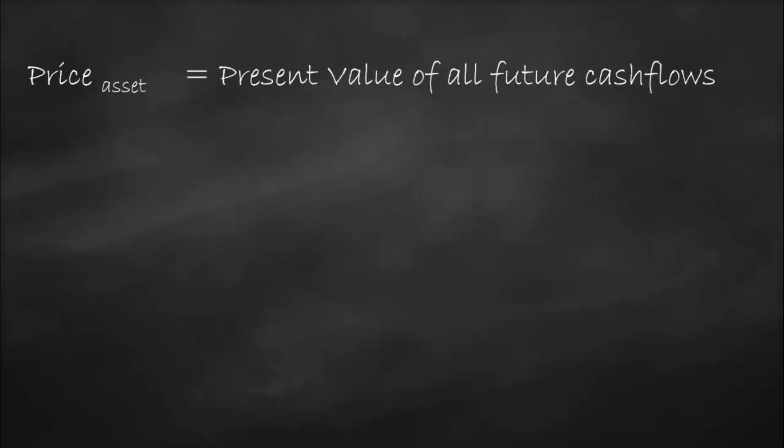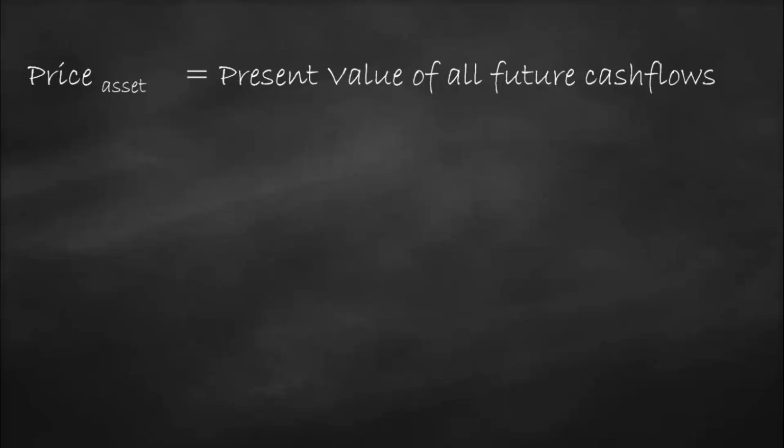What will be the price of any asset? This asset could be a company, a factory, a building, an apartment, a share, or a bond. This is equal to the present value of all future cash flows. So we need to get the present value for any amount of money we will receive in the future because